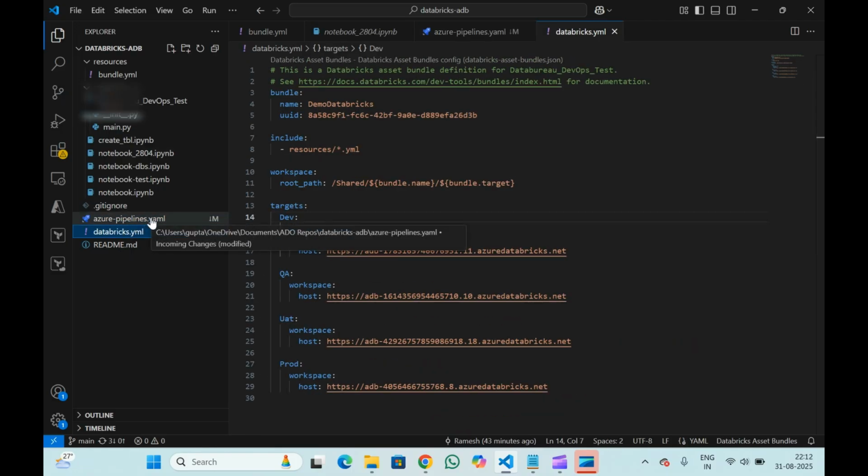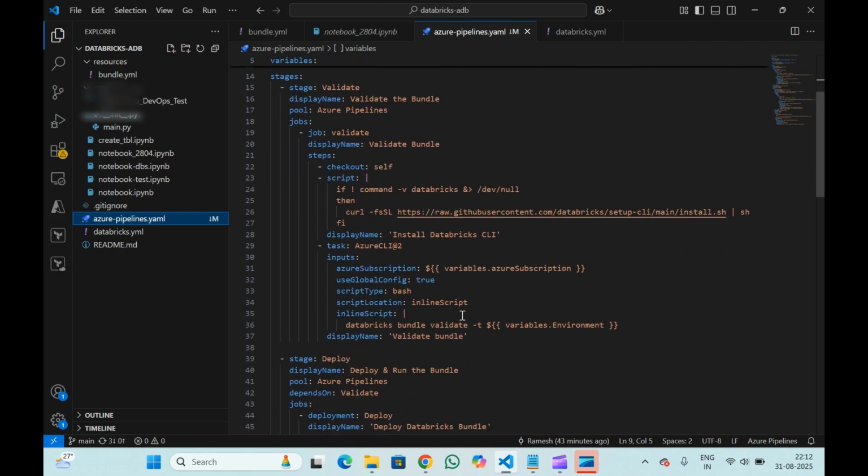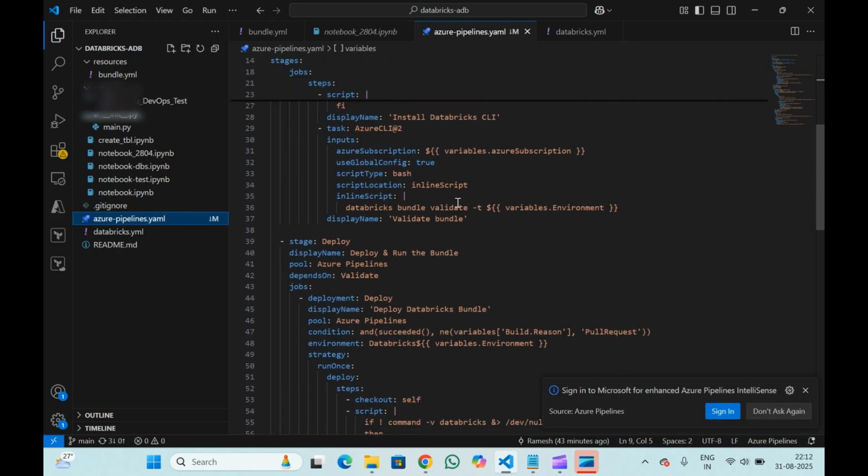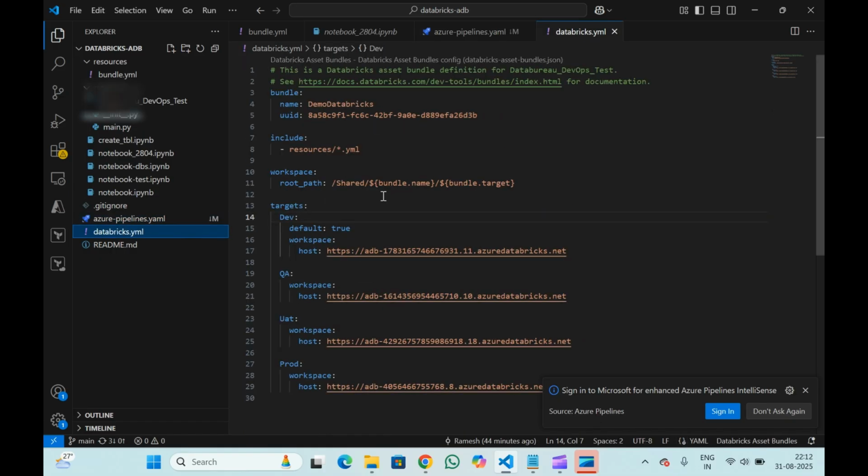If you are calling all the things like bundle validate inside your root directory, automatically these commands will look for this databricks.yaml file. Here you will be specifying all the properties related to your Databricks environment and all the resources which